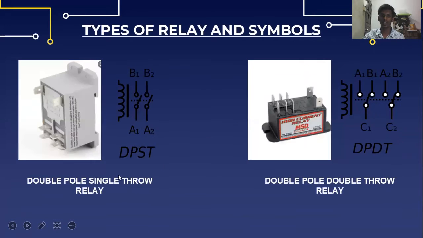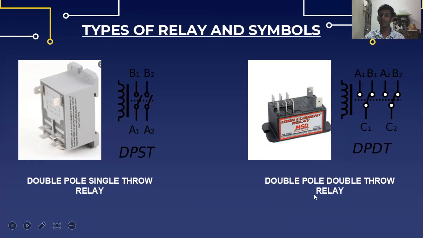Next, we will be seeing the double pole single throw relay. Here is how it looks, and here is the symbol. Double pole single throw relays are equivalent to a pair of single pole single throw switches or relays actuated by a single coil, plus 2 for the coil. Such a relay has a total of 6 terminals. The poles may be form A or form B, or one of each. The designations normally open or normally closed should be used to resolve the ambiguity.